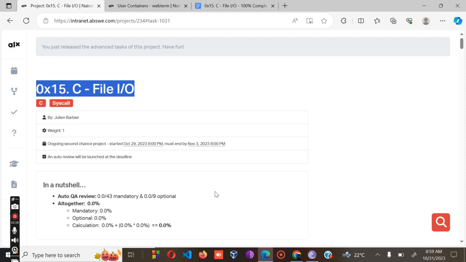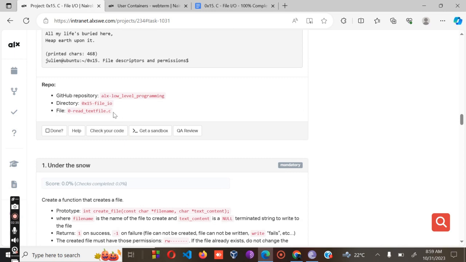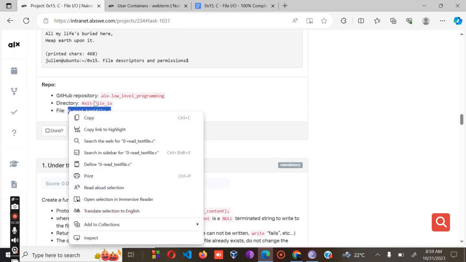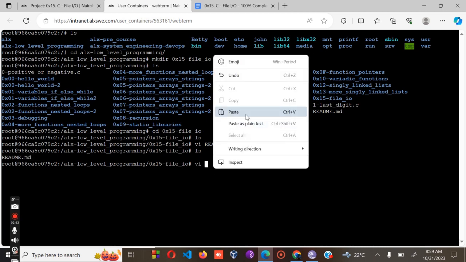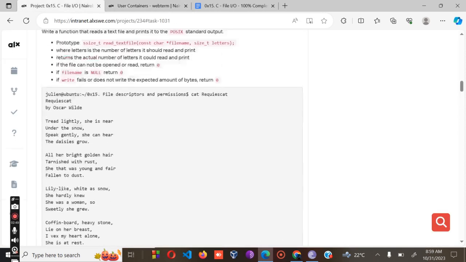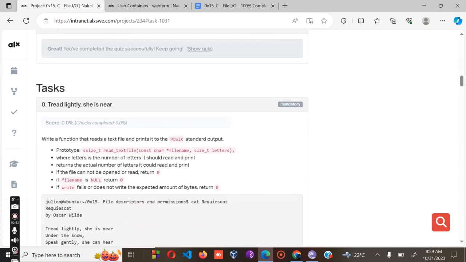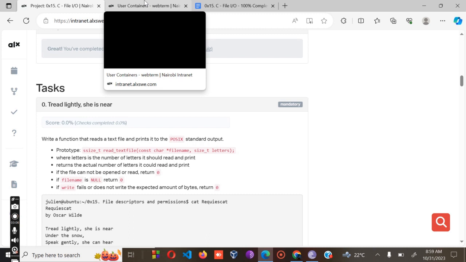Okay, having done that, the next step is to create the first file, and the file is this one. So copy the file that you have to create. You use the command vi, and then insert. Now the question is, we are supposed to write a function that reads a text file and prints it to the POSIX standard output. I've already prepared. Okay, before we go to that point, we are supposed to create